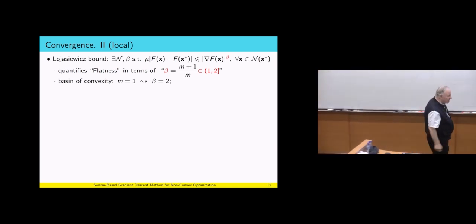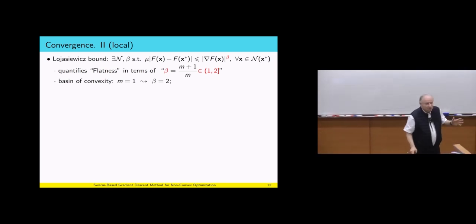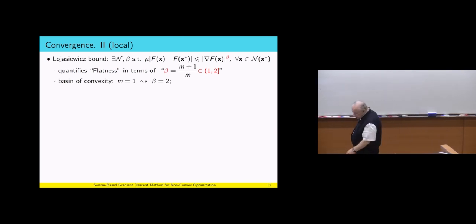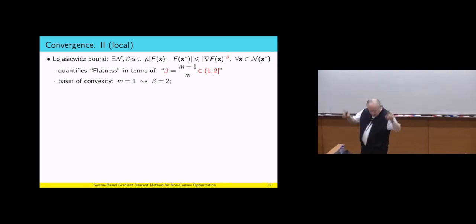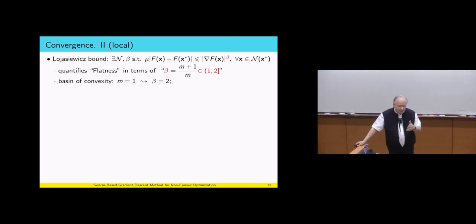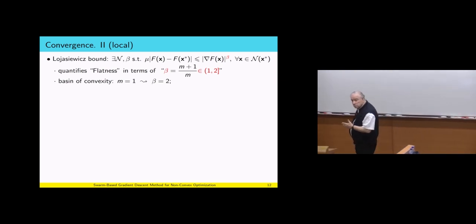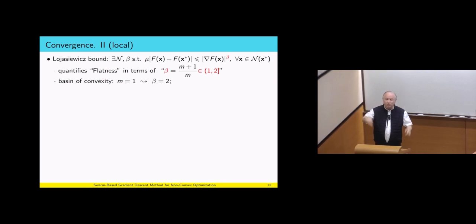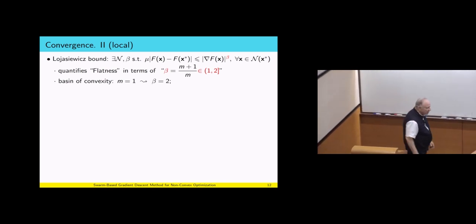It's easy to prove in 1D. It is in French, and it's an IHES publication which I could not follow for multi-D. And basically this parameter beta, I wrote here in quotation marks, is the m, the multiplicity. It's m plus 1 divided by m. Sort of, you have to think about it like that. So it's a parameter between 1 and 2. And 2 basically means that you get a simple root, it's convexity.